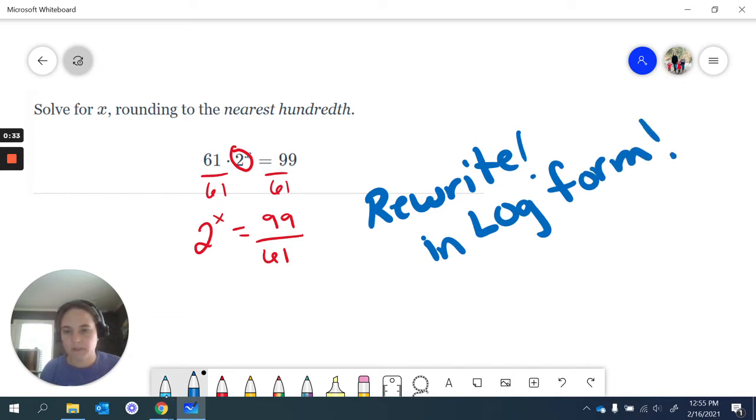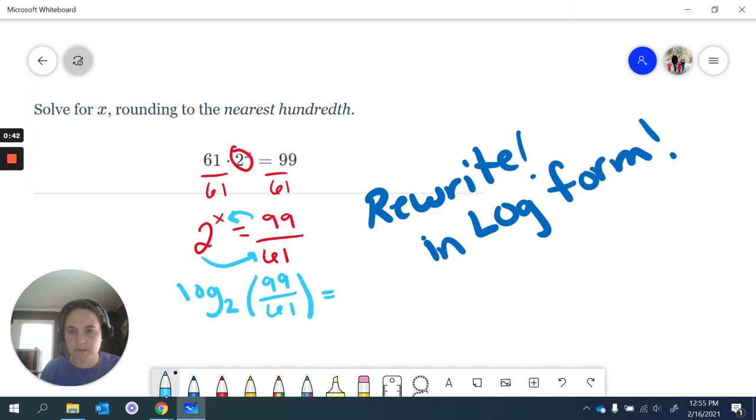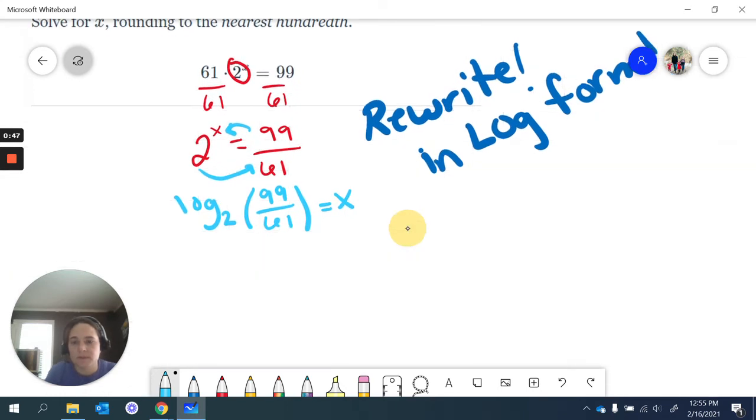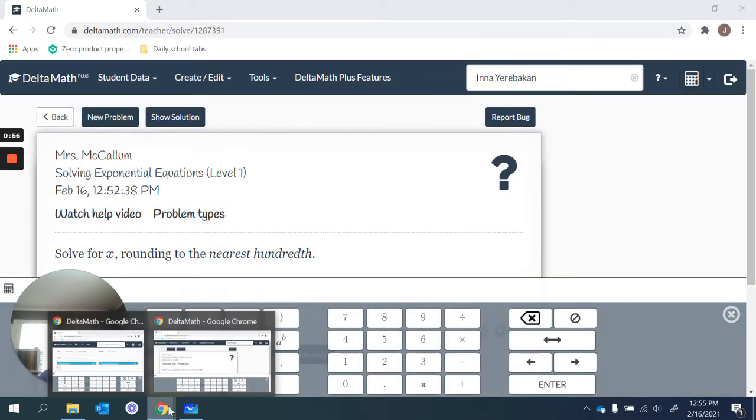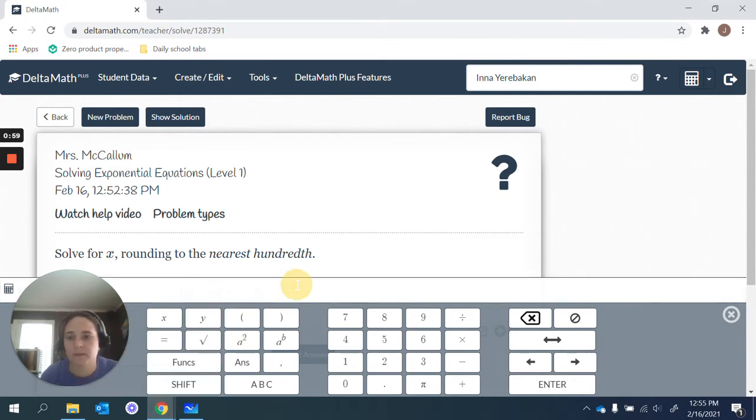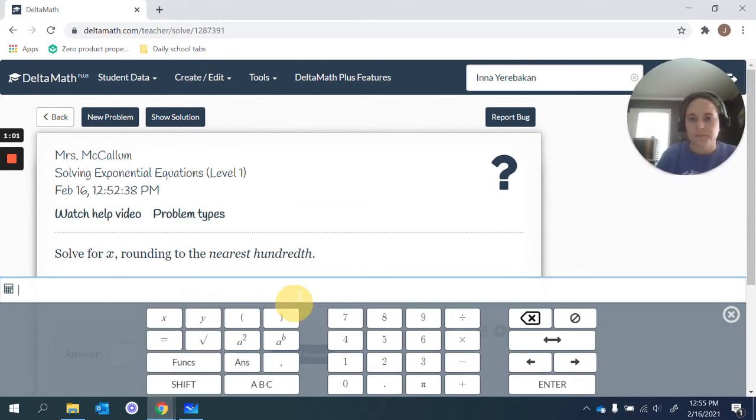Okay, so that's our loop-de-loop. Log base 2 of 99 over 61 is equal to x. And this, log base 2 of 99 over 61, you can type into your calculator. How we're going to calculate that is with Delta Math. You can just type in the word log of